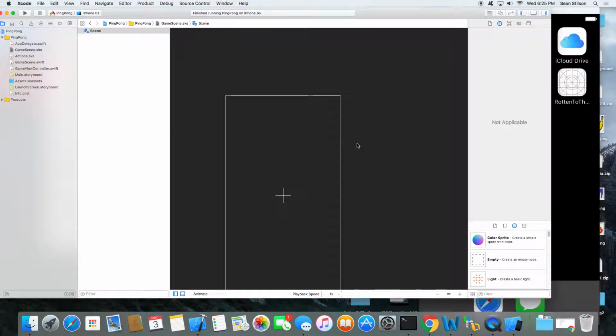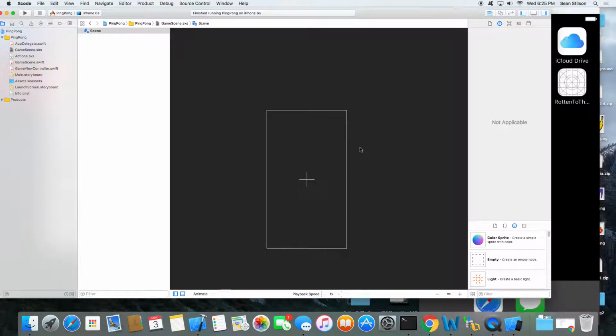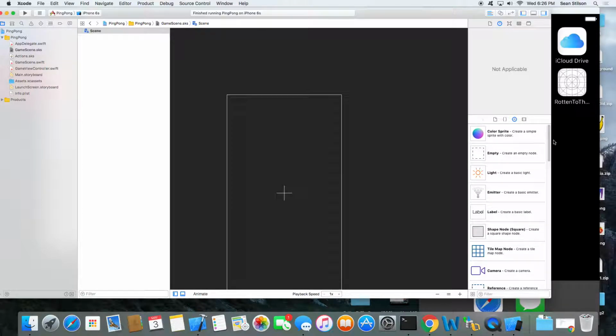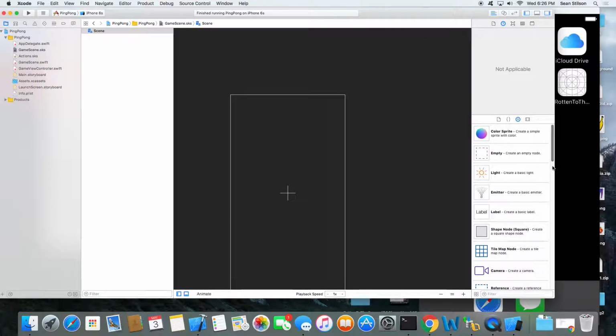Another thing that's different about a SceneKit game as opposed to a regular app is that in a regular app, your zero point is the upper left-hand corner, and as you go right, you go positive in the X, and as you go down, you go positive in the Y. With a game, it's the opposite. Your center point is actually dead center of the screen, and everything up is a positive Y, and everything down is a negative Y. So it's really different when you go from a regular app, if you're doing any type of graphic stuff, to a game.